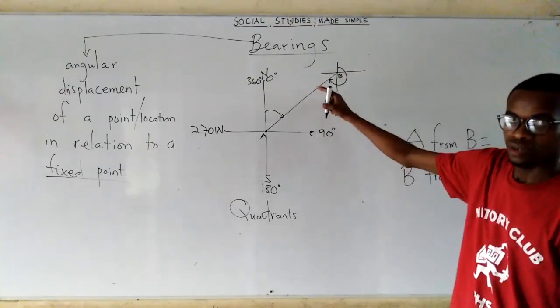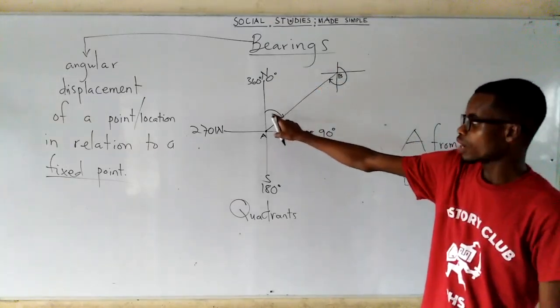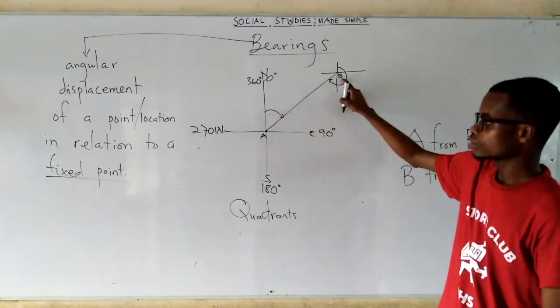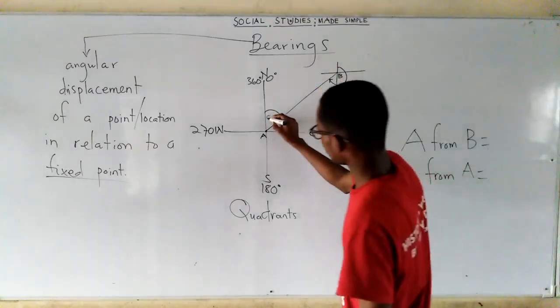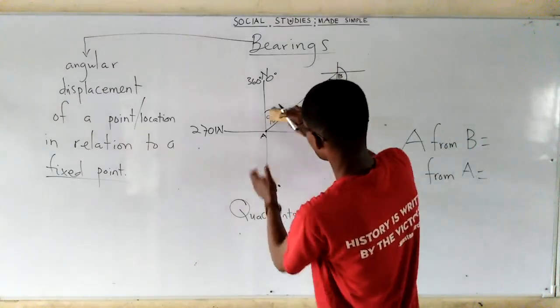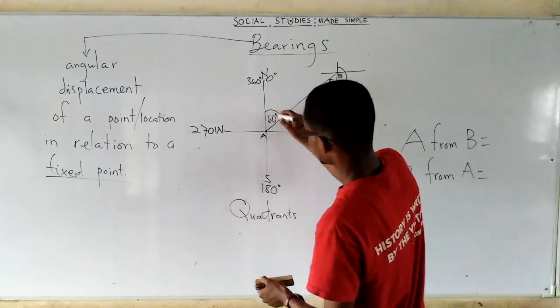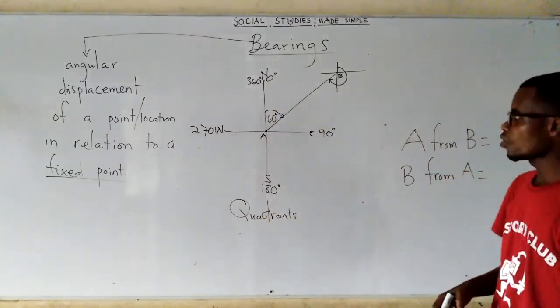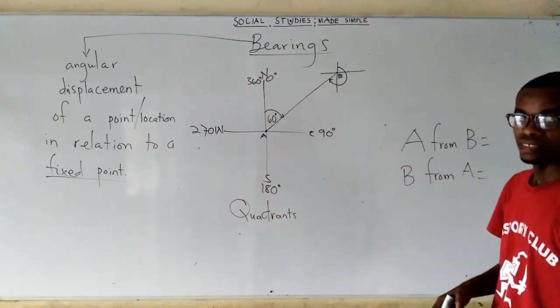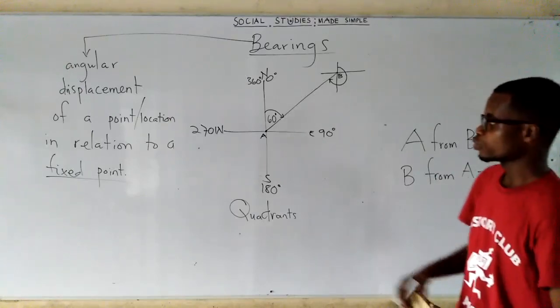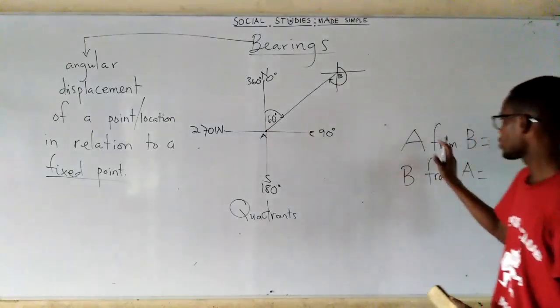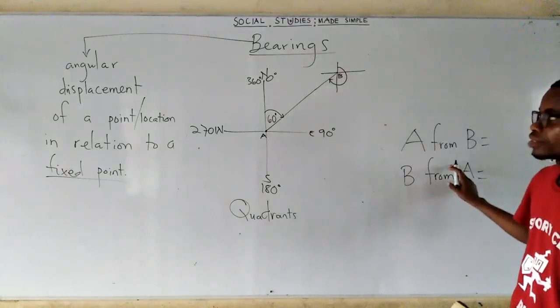From the north clockwise. Okay, so you have this and then you have this. Now, if I put 90, sorry, the angle has to be less than that. If I put 60 degrees over there,